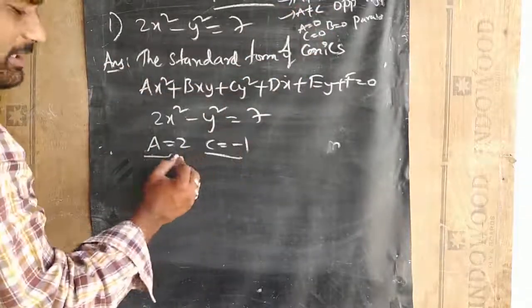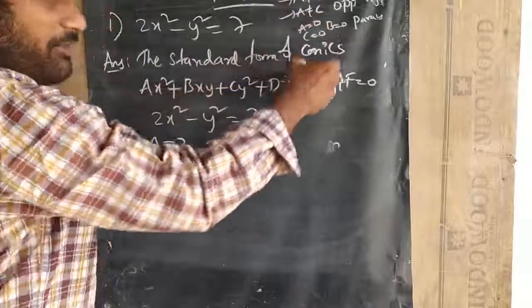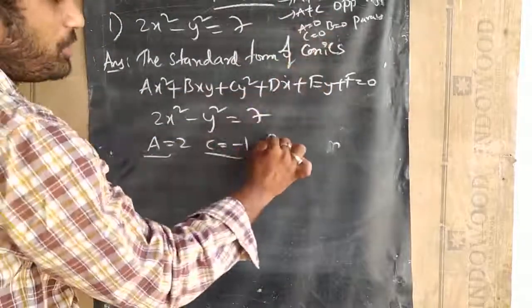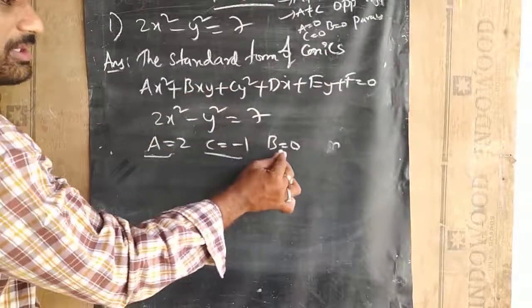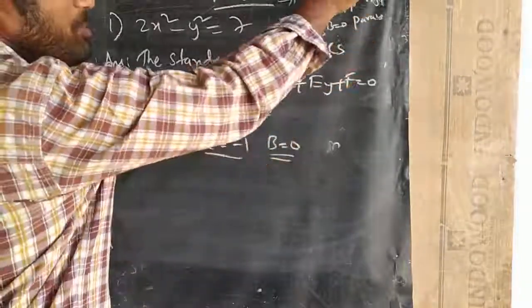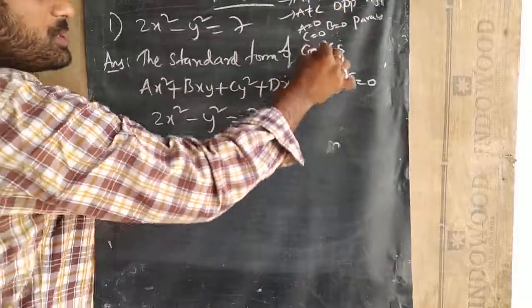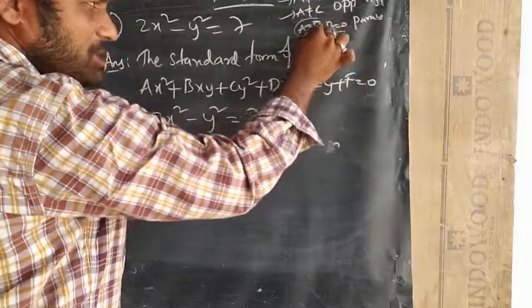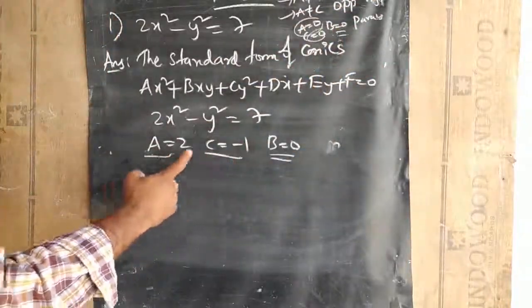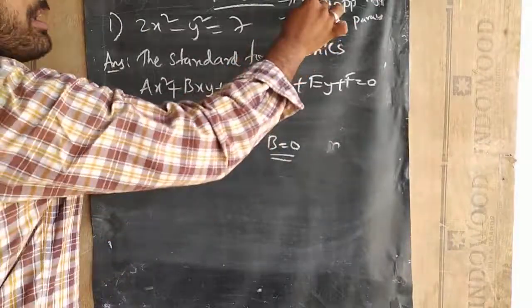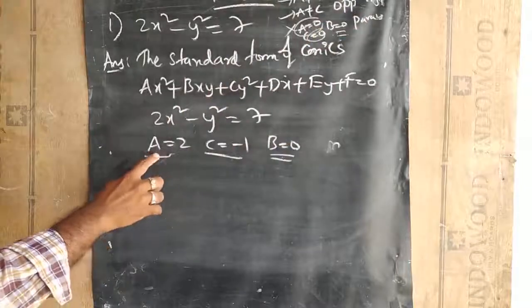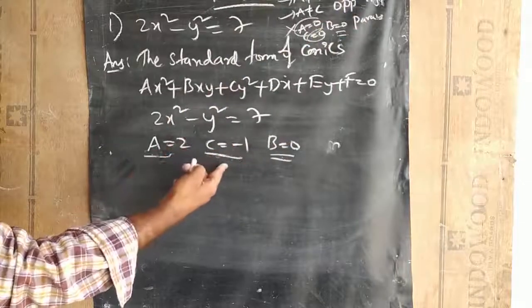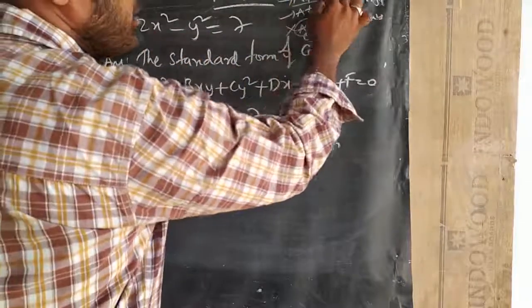Understand carefully. Once again, first of all, I am checking every case. So here, since b value is 0, why? Because there is no xy in your question. So b value is 0 now. So b value 0 means I have two options, first and fourth. So b value 0 means either a or c should be 0. Here a and c are having the values, so this case fails. Or a and c should be 1. A and c, they are not equal to 1. So definitely either second or fourth.